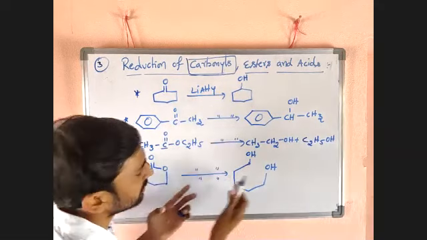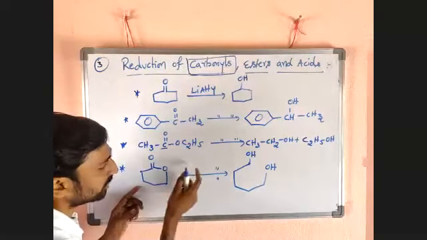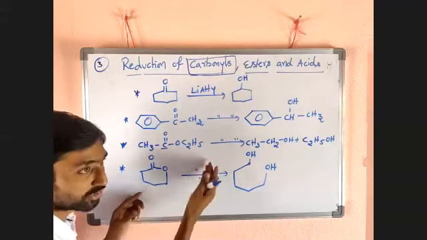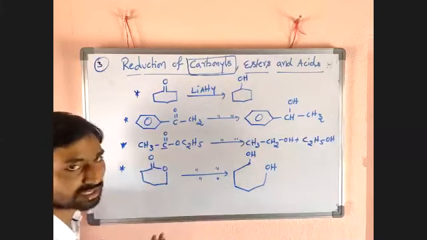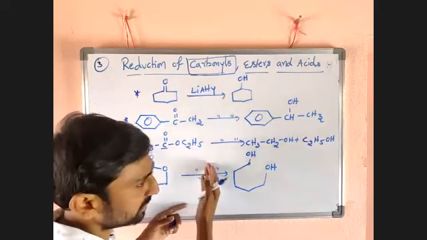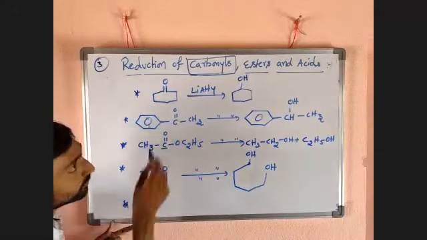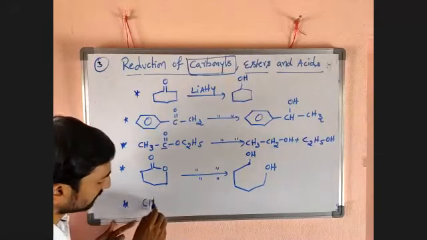Esters on reduction convert into alcohols. You have to remember the reducing agent. They give a compound and provide a reducing reagent. If you don't know the reducing reagent, you can't understand what happens. If you know it is a reducing reagent, you can understand that. Okay, so next, I'll take an example for acid.